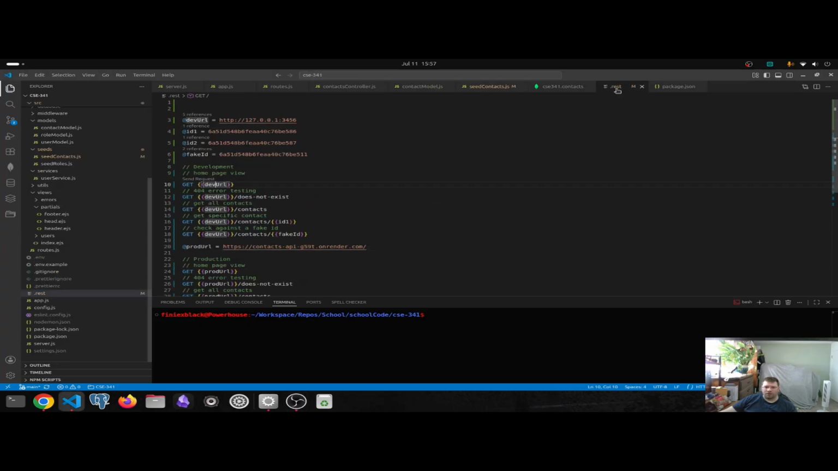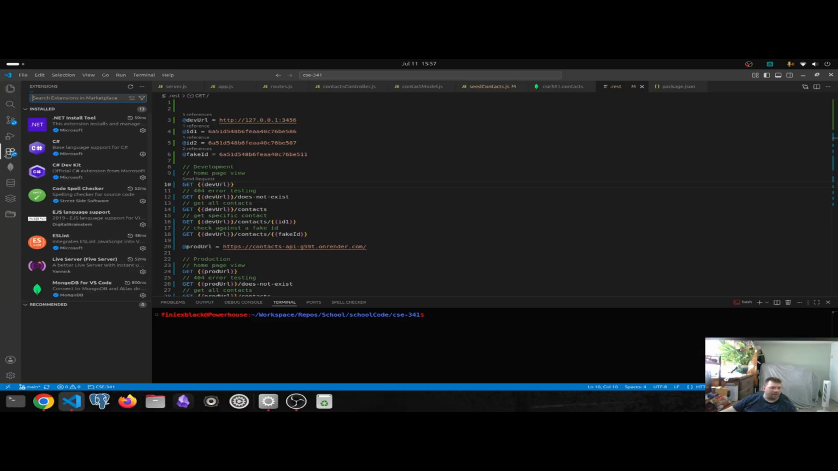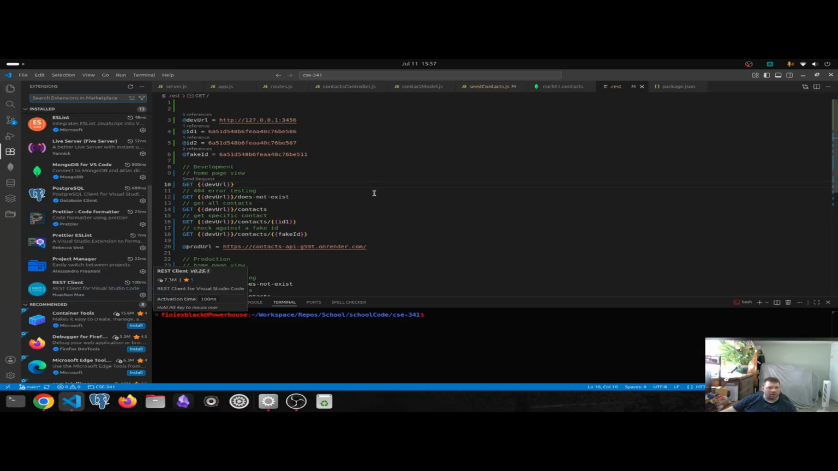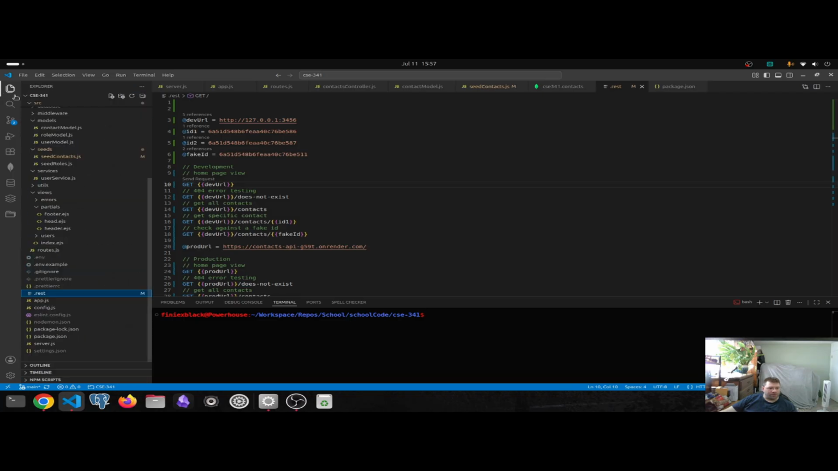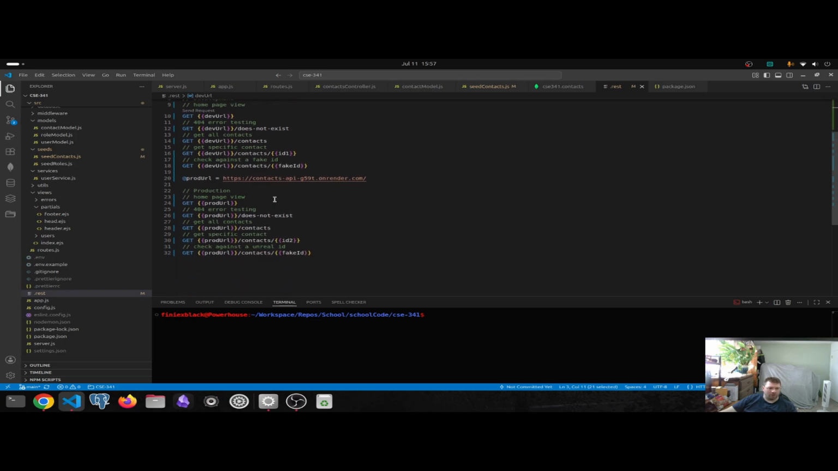And then if we want to look at right here, we can actually see it all running in the background. So we come over to this .rest file, because I'm using this extension REST client. So it actually pulls the data from this file here, and I can create these variables and say, hey, I want to listen on this development port, or I want to listen on my actual live render site. So here on my production URL,